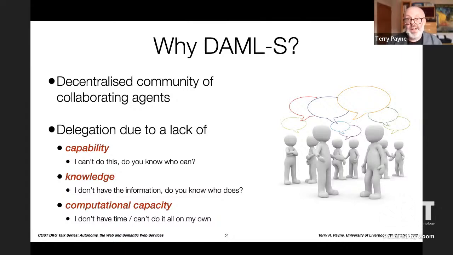presented at the very first ISWC back in 2002 over in Sardinia. I always stumble there because I remember the very first time we published this work was in the Semantic Web Working Symposium that was held in Stanford, which arguably was the precursor to ISWC itself. Now, part of the reason why I got into the notion of services and semantic web services is because my background is actually in multi-agent systems. And I wanted to start by talking about agents because